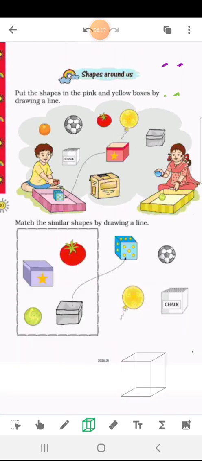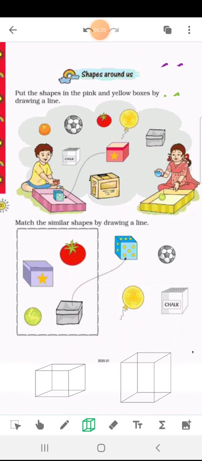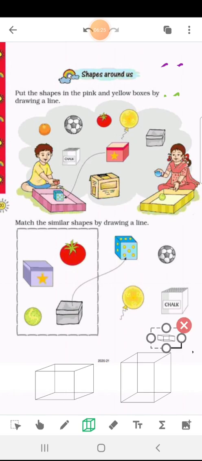This is a box. Then one more box, let me draw. This is also a box. This one is a little bit tall, and this one is a little bit tall, and this one is a little bit small. That is, this one is the taller one and this one is the smaller one.